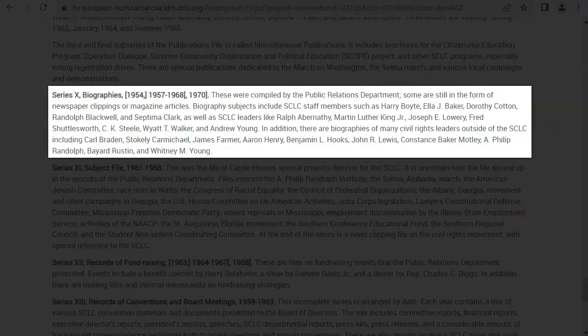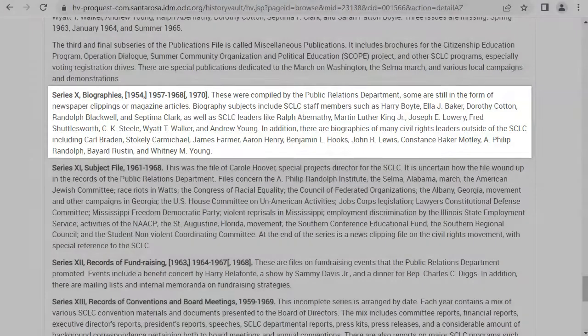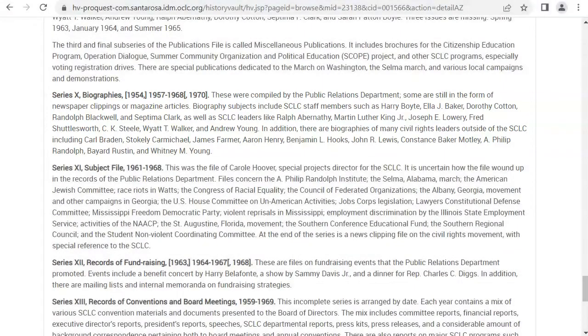This description tells me that these biographical items were compiled by the Public Relations Department of SCLC. Some are still in the form of newspaper clippings or magazine articles about SCLC staff members as well as civil rights leaders outside the SCLC. This information provides context for the James Baldwin article we uncovered.